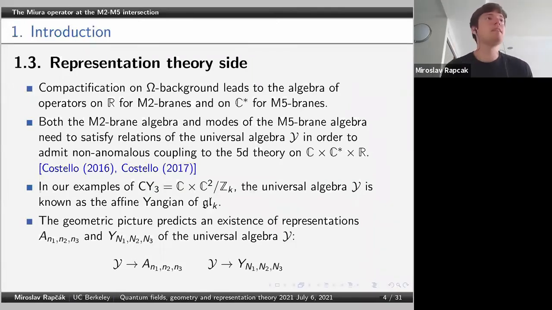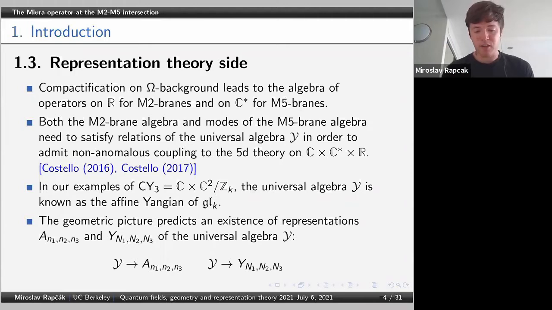So first, low energy dynamics of a brane is expected to be described by quantum mechanics living on its support. If you compactify on part of the support of the brane, the effective theory describing the brane is going to also dimensionally reduce to the effective theory living on the non-compact part of the spacetime. So in particular, in our configuration, if we compactify on the omega background, we're going